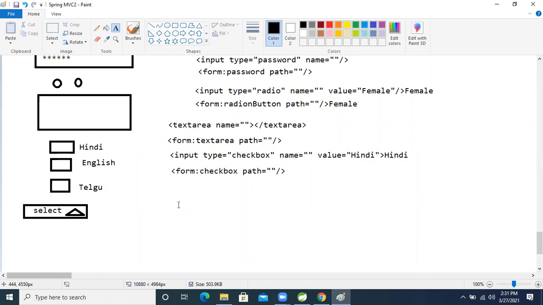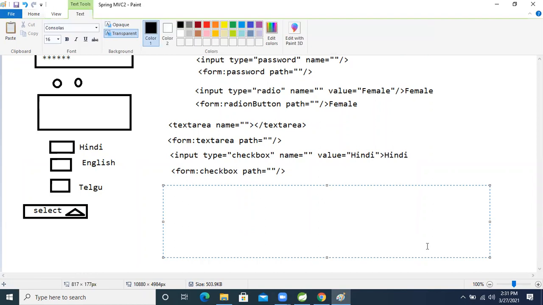So if we give a drop-down button, what is the HTML code? Let's see how we write it in the form: select, with a name attribute inside it, and then close select.